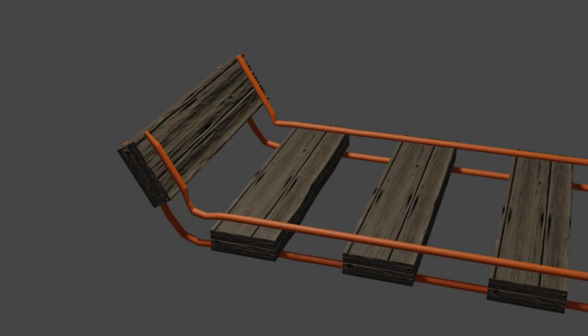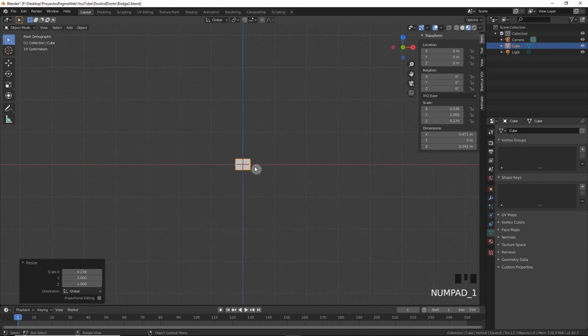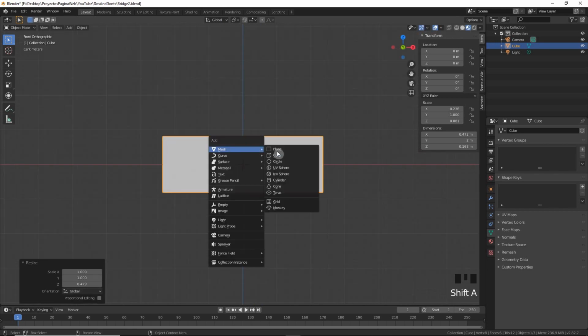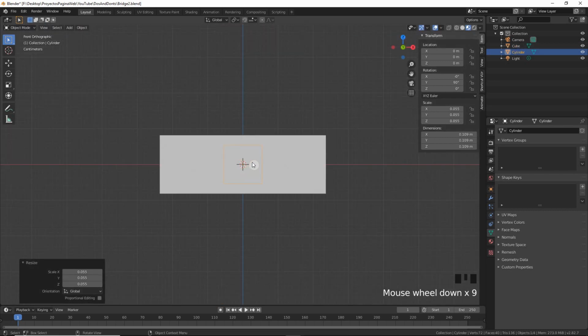Hi everyone, today we will learn how to model and bend these kind of bricks. We will start by modeling the plank, scale it down in Z, scale it down in X, and now let's create a cylinder that will work as a rope. Rotate it and scale it down, put it below the plank, and now scale it down a bit more, put